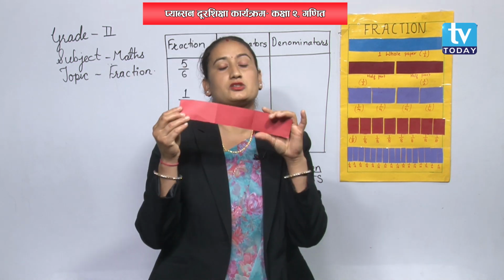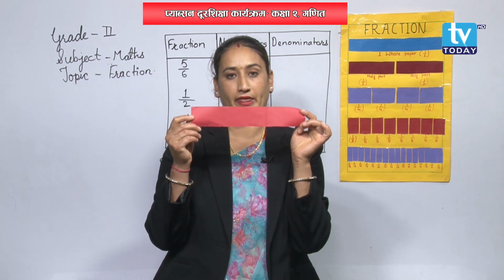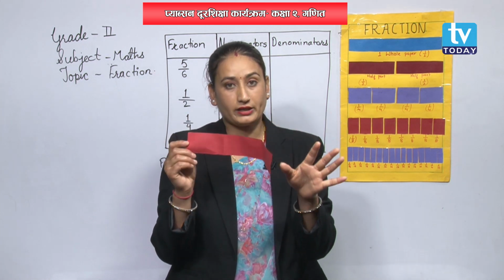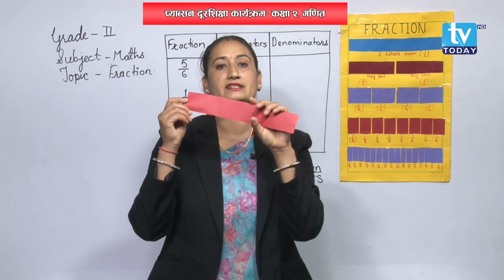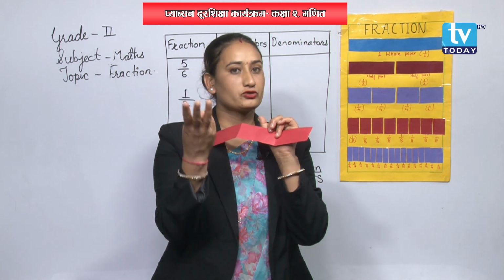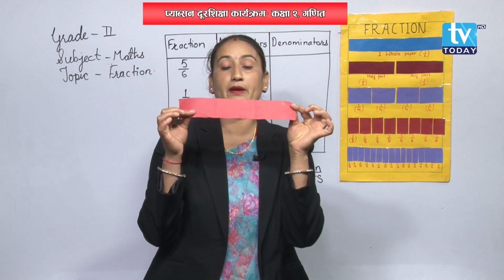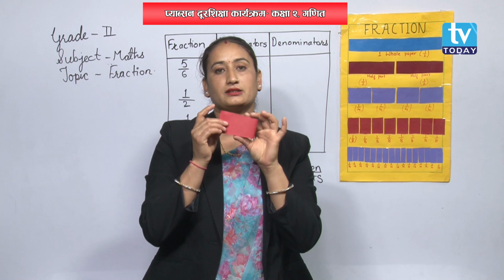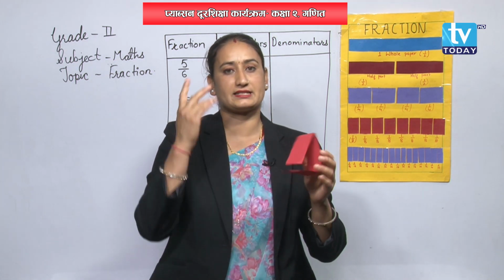Have you noticed? So, how to write the fraction of this number? Tell me how to write. Before that, I have divided one whole paper into 3 parts, right? How many total parts are there? 3. And how many papers are here? 1. One paper is the top number, and if I divide it into 3 parts, then its total parts is 3. So, we call it the denominator.